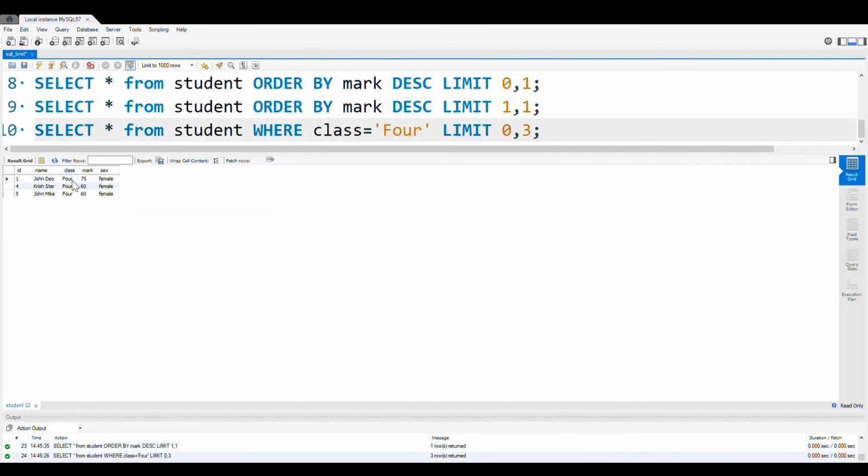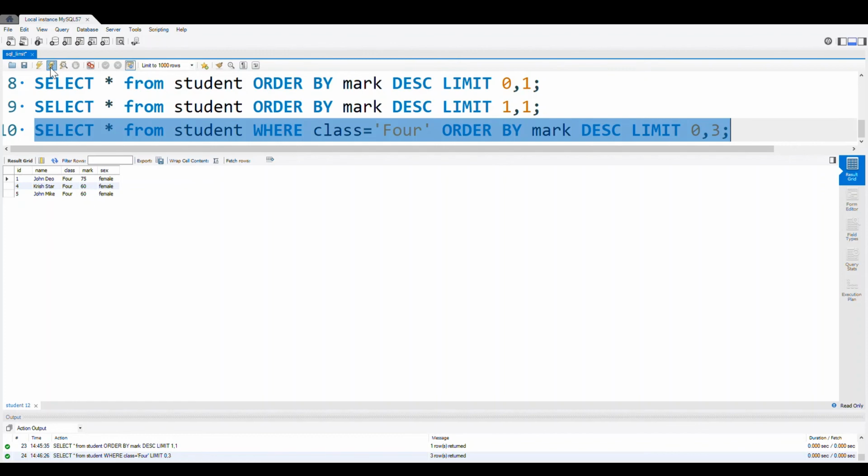Yes, 3 records of class 4 we got. Now in this also we can introduce the concept of order by, where class is equal to 4. Now we will say order by mark, let us say again DESC, decreasing order. Let me copy this, we'll be using this. Okay, let us run this code also.